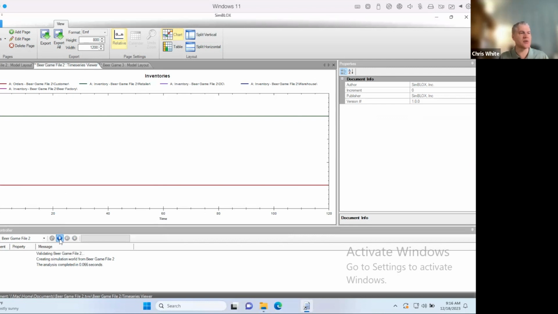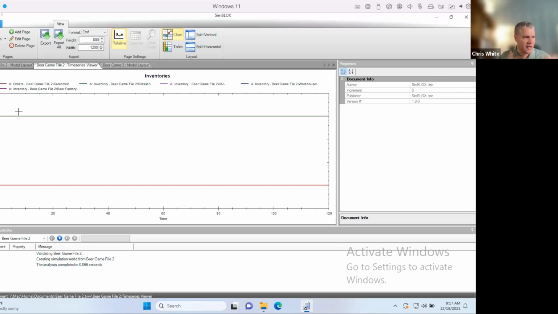What the model's doing is figuring out, based on cycle times, safety stock, and inventory correction, what everyone ought to hold so that the customer at the end gets 100 every time period. In this case, it's a week, 100 every week. This is what everyone ought to be holding. And you'll notice, if you can see this 400 up here, this 100 is that ordering, and this 400 is a lot of the different inventories at the different levels. I'm now looking at inventories for the factory, the warehouse, the distributor, and the retailer.